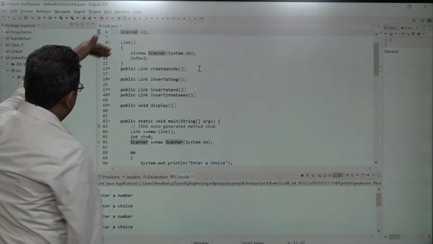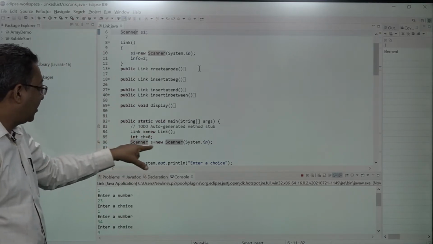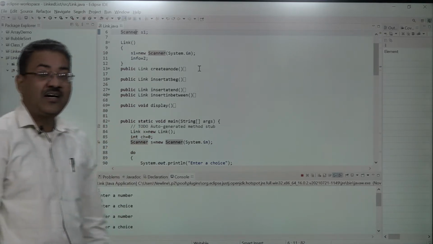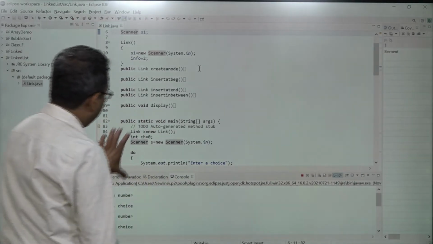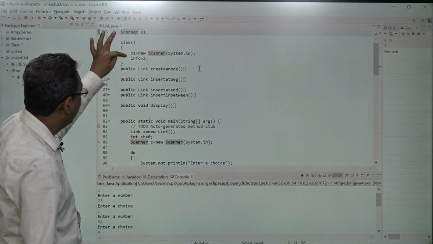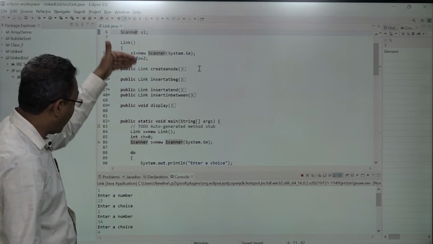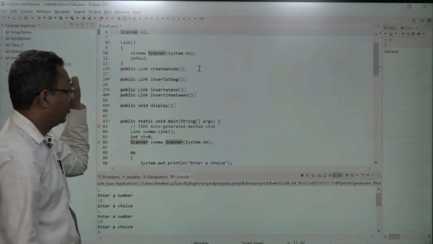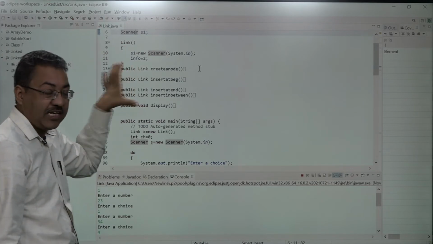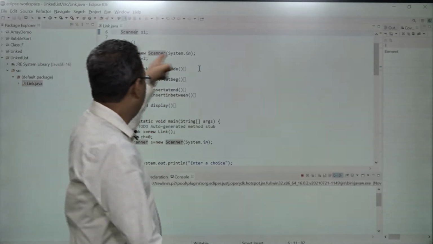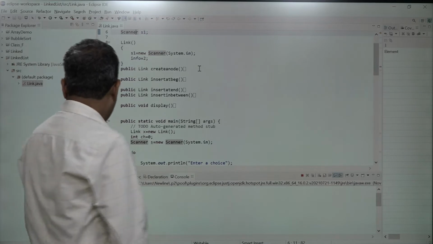This you can leave. Reason being, inside the main itself, I have taken a reference of scanner class. Of course, the scope of that will be this. So in case I want to make use of the keyboard for taking the input in any of these functions, this will work. So this was optional, but in case you are taking the input from the user, you have to initialize it, right? The constructor is clear, I hope, right?